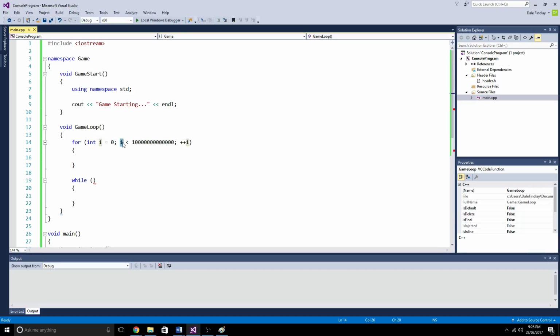Then if i is less than whatever that number is, increment it by 1, which is what plus plus means. So at every iteration in here, if we type cout i, what would happen is it would print